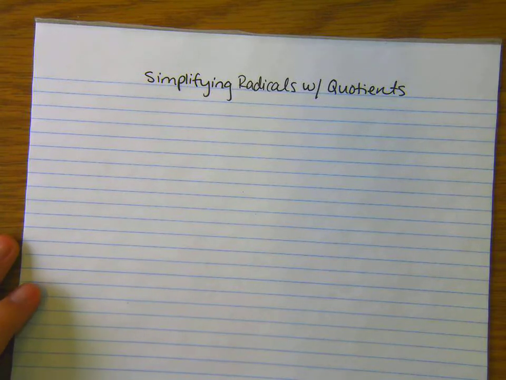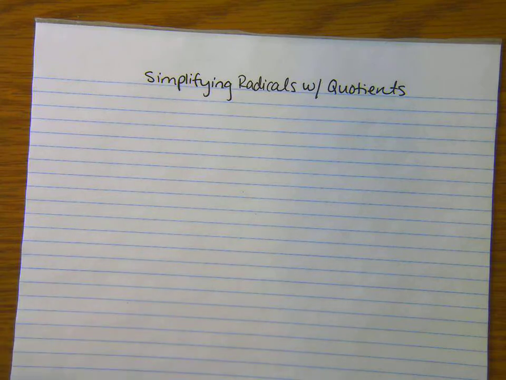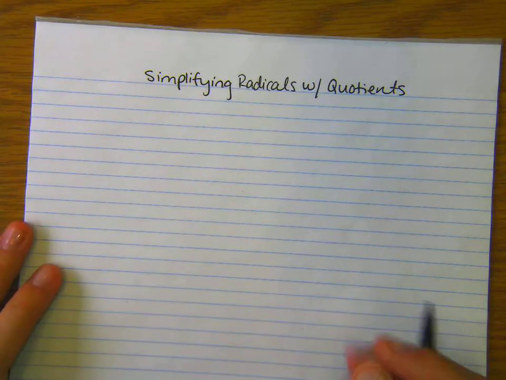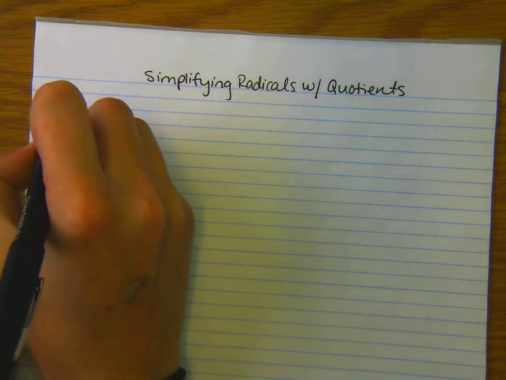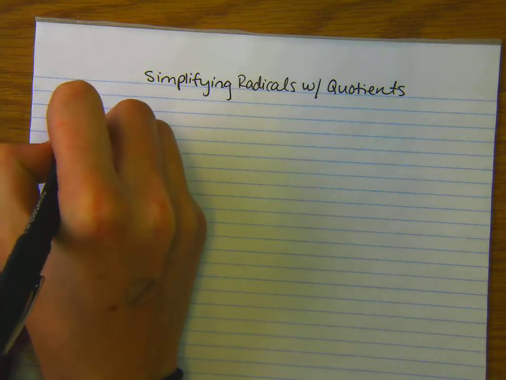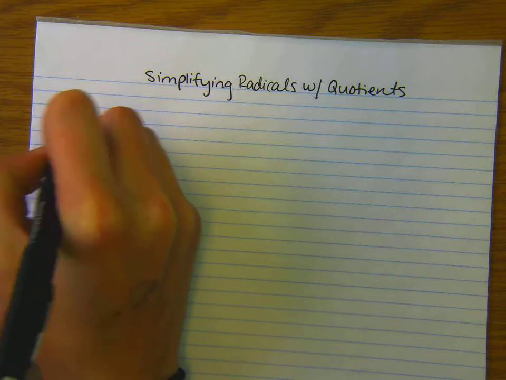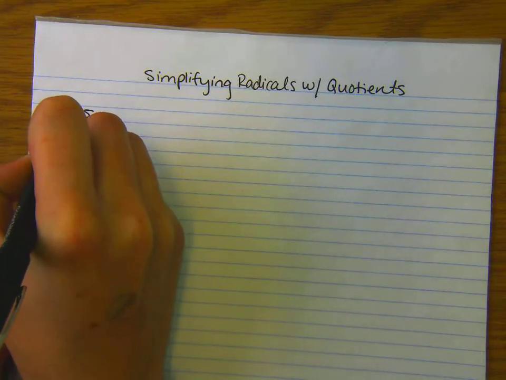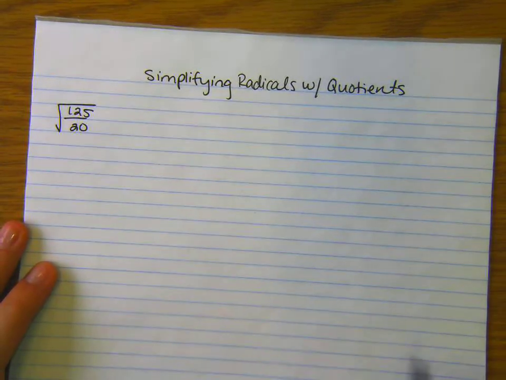In this video we will be discussing how to simplify radicals with quotients. A radical with a quotient is really a radical that surrounds a fraction, or a fraction within a radical. So for example, let's start with the square root of 125 over 20. My fraction is 125 over 20, but that's all within a square root, so that makes it a radical